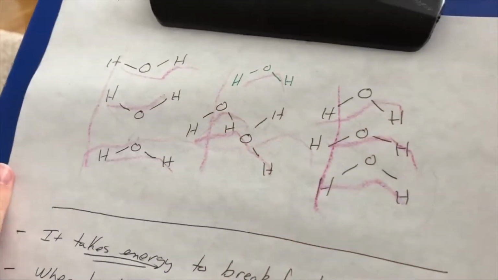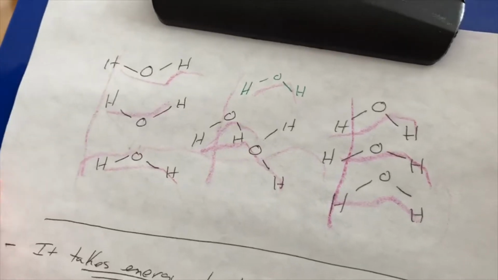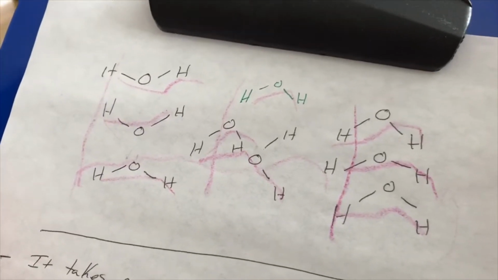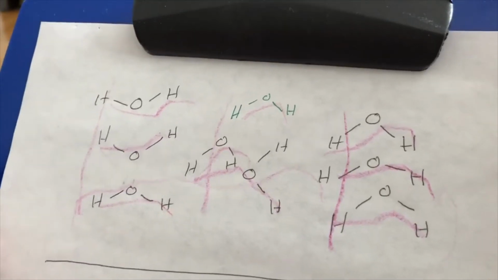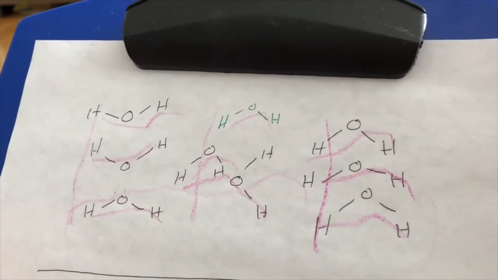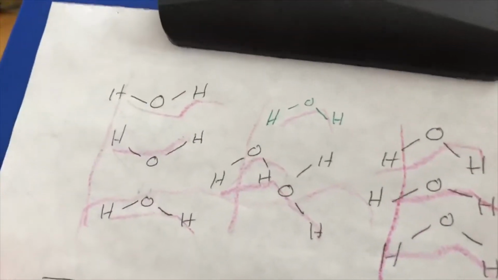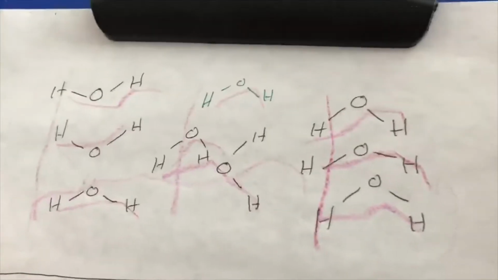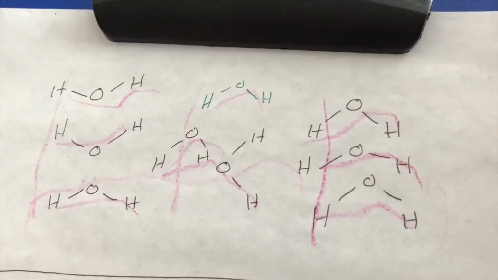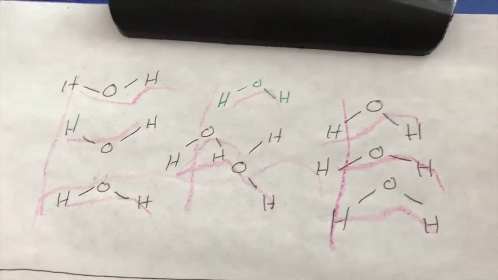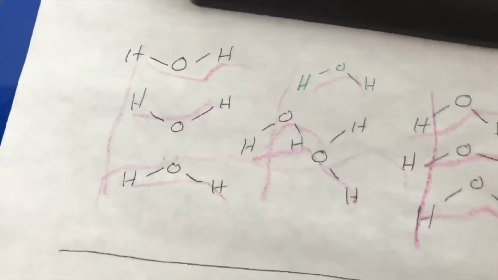So Nora just made some bonds between water molecules. Now every time she made one of those bonds, energy was released, because whenever you make a bond, energy is given off. So all those red lines are little forces between every water molecule. If we make them, that gives us energy, but if we have to break them, they're going to take energy. Now, this energy